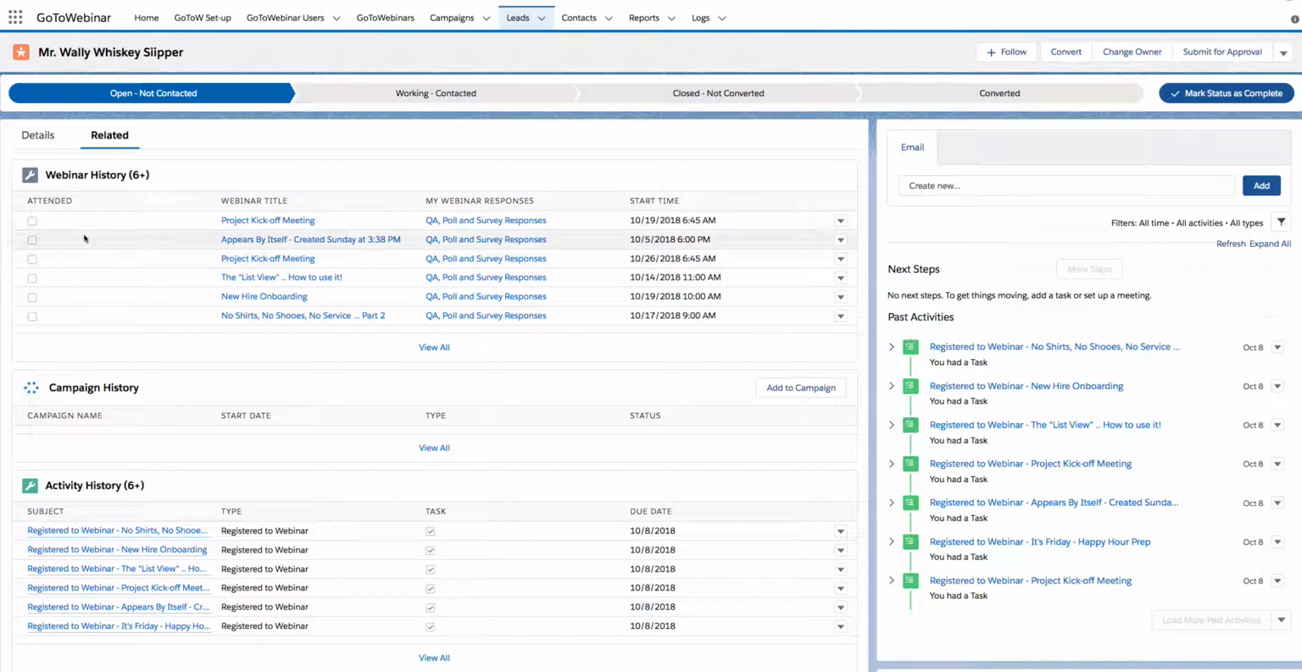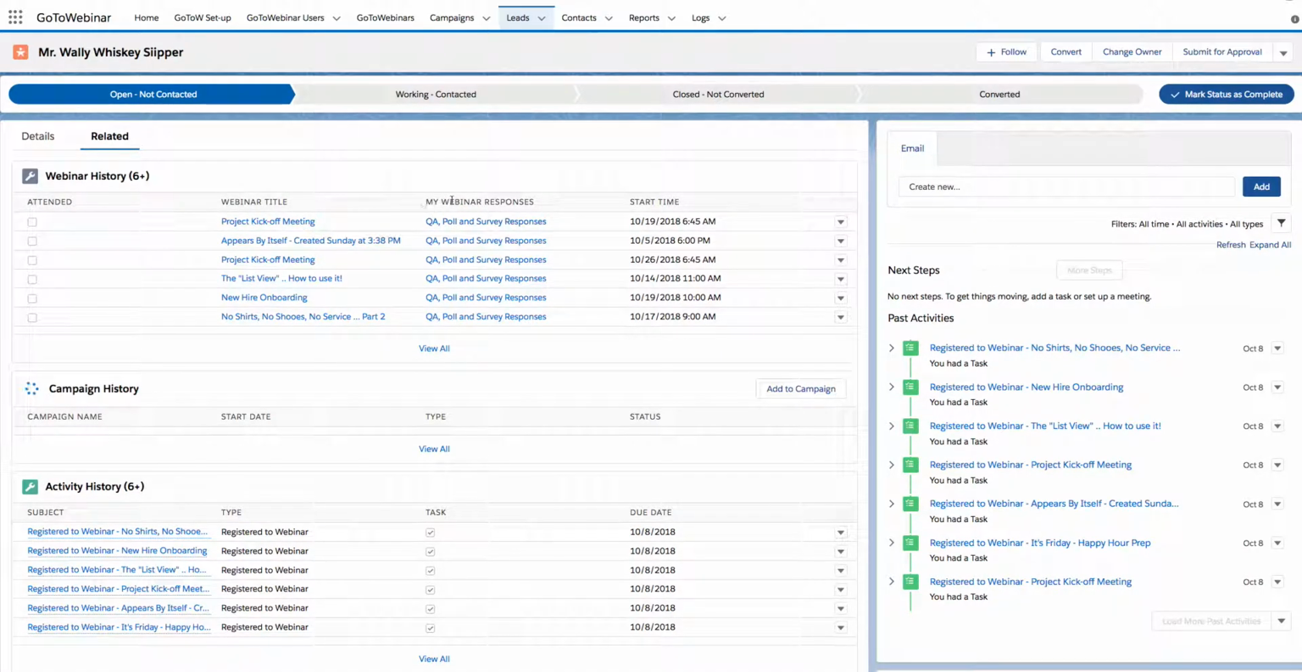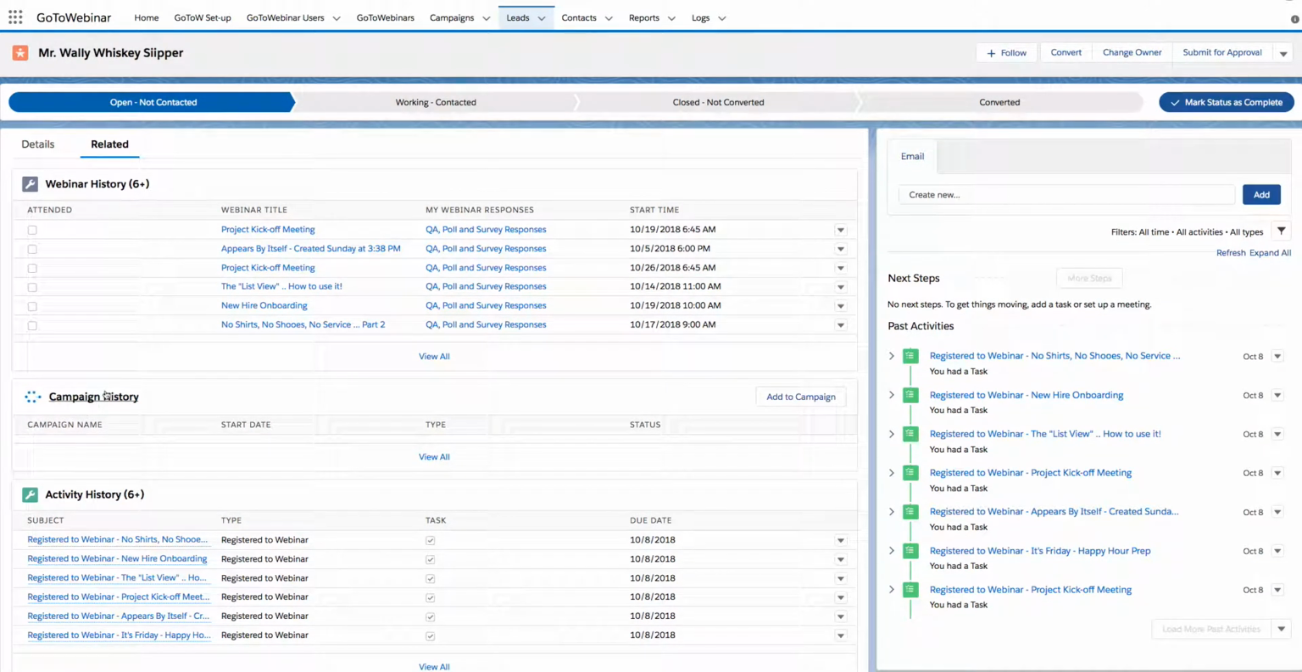or attended. So when you add this webinar history to the lead layout, you're going to lay out the attended field, the webinar history, my webinar responses, start and end dates, and there's probably one other field here that will be useful to you. But again, if one of the checkboxes is marked here, that means that this particular lead has attended that webinar. I will also see on the campaign history if you have an enterprise or unlimited license and you are